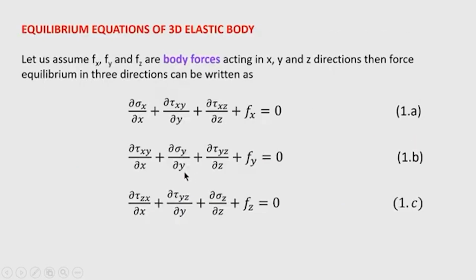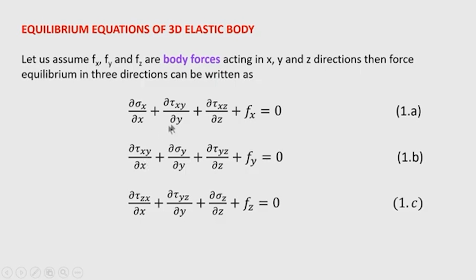Then for any body forces that are present in the system, and body force is due to self weight, that is one primary body force. Then other types of body forces may be your magnetic force, or if the body is in motion, then inertia force. So, in presence of body forces, the equilibrium of this 3D elastic body can be established by 3 differential